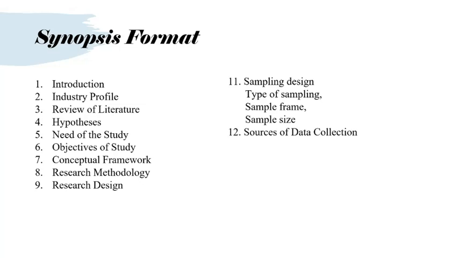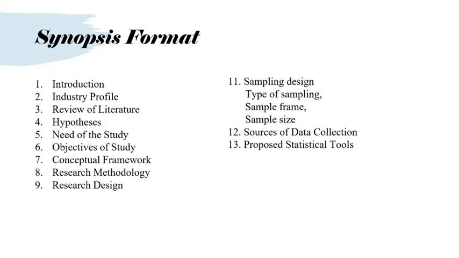Then you have to mention the sources of data collection, whether you are going to collect the data from primary sources or secondary sources. Maybe you are doing a study on the banks, so you are taking some data from Reserve Bank of India. If you are doing some study on the population, you are taking some census data. So that is secondary data. So you must inform whether you are choosing primary data or secondary data, and why you are choosing that particular method of data collection. Justification again.